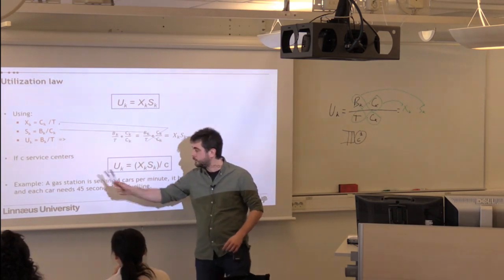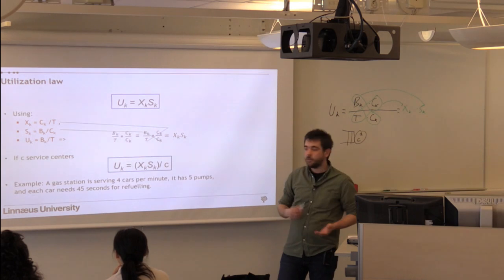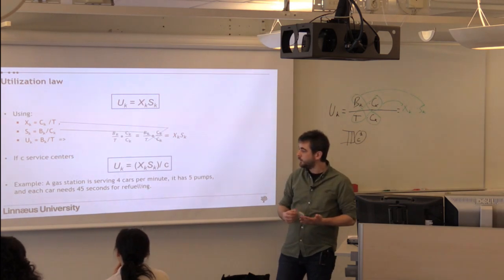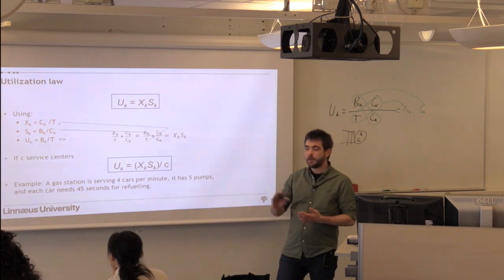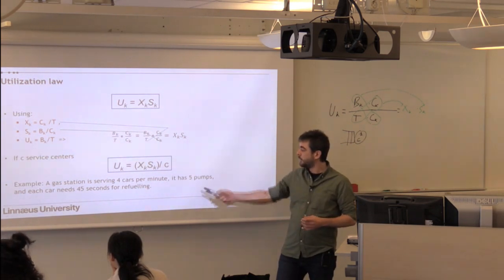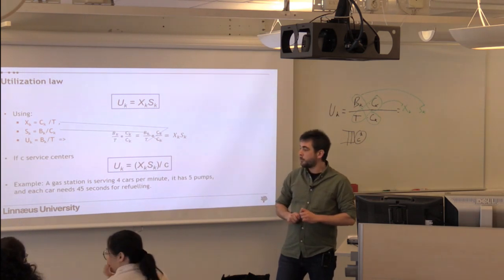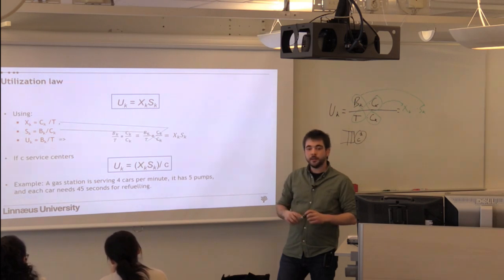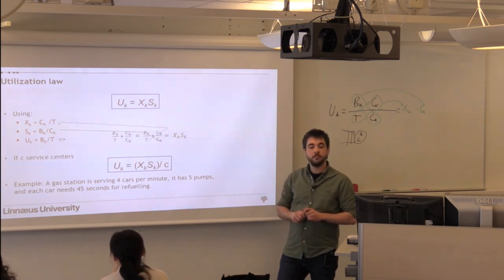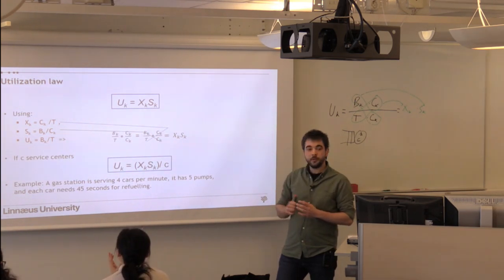An example of this: we have seen that a gas station serves 4 cars per minute. So they are departing, 4 cars. And it has 5 pumps. And each car, we have seen, needs 45 seconds for filling the tank, paying and leaving. So the utilization of the gas station